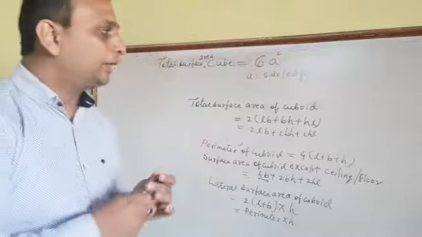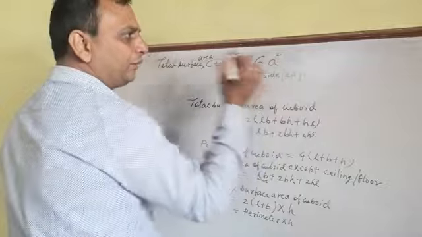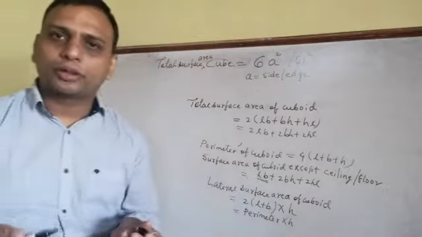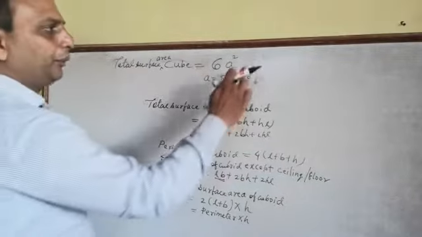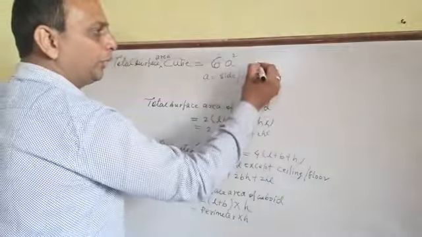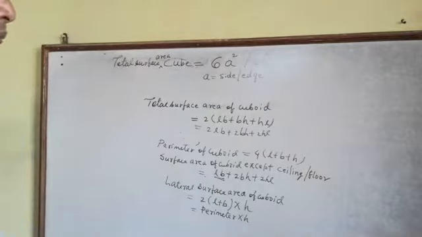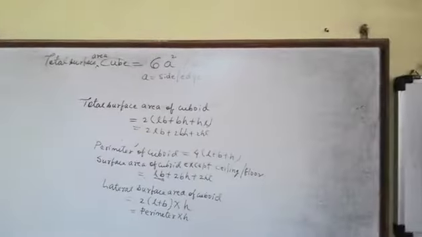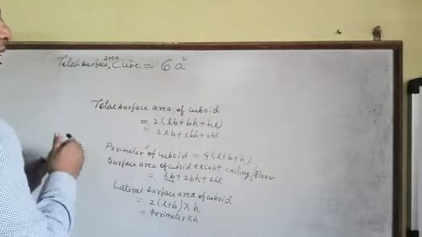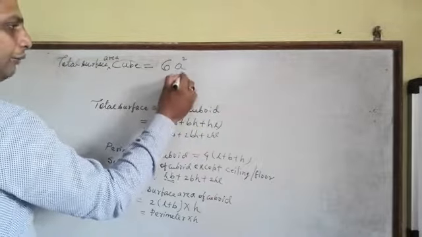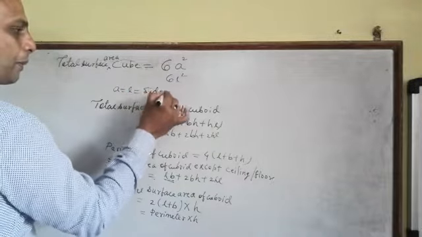In some books this formula becomes 6l square also. So both are the same. In our book it is given as 6a square. L also stands for the side. So you can use this formula 6l square also. In both cases, the formula will not change. Now this part is clear to you. Any formula you can use, 6l square or 6a square, but the L or A will stand for the edge or the side.